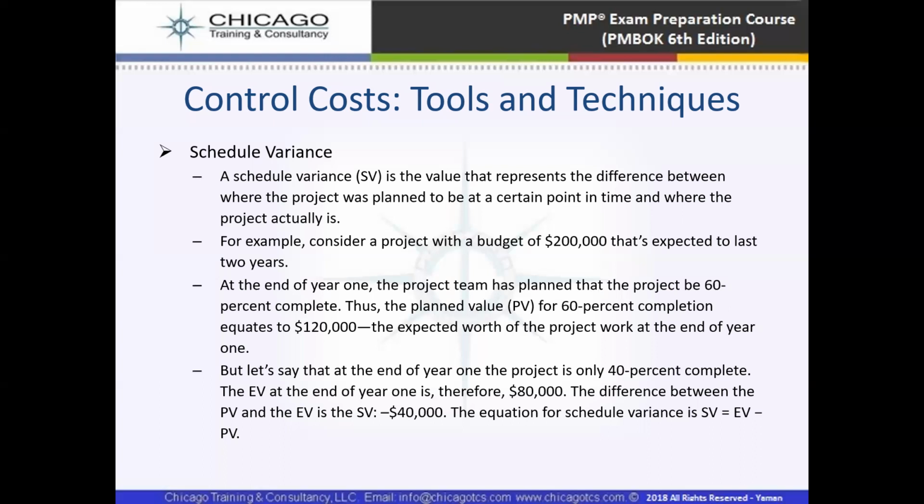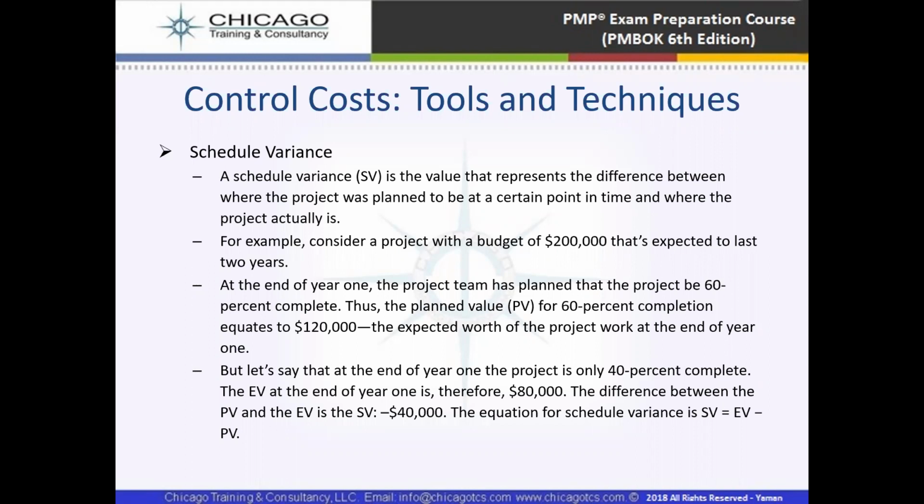It means the schedule variance formula is earned value minus planned value. So what is the earned value and what is the planned value? The project budget is $200,000. At the end of year one, the project was planned to be 60% complete. The planned value for 60% is $120,000. So our planned value is $120,000. Now, at the end of year one, the project is only 40% complete, so our earned value is $80,000. So $80,000 minus $120,000